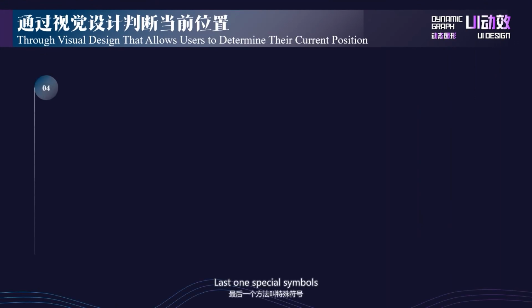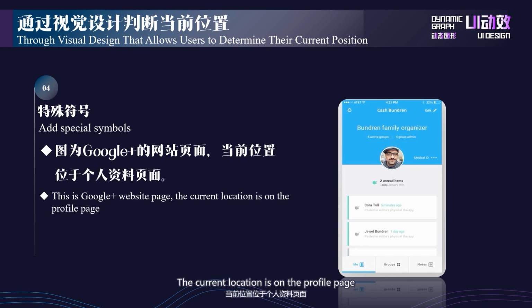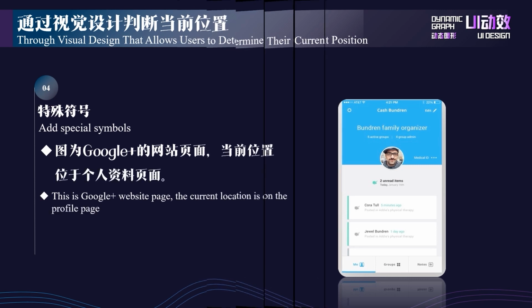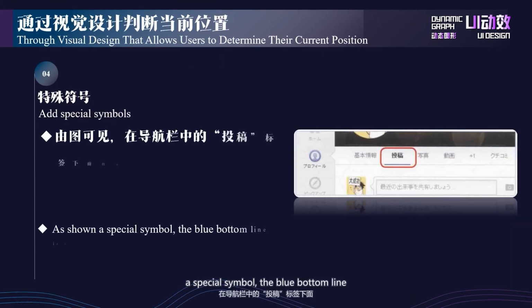Last one, special symbols. See, this is a Google Plus website page. The current location is on the profile page. As shown, a special symbol, the blue bottom